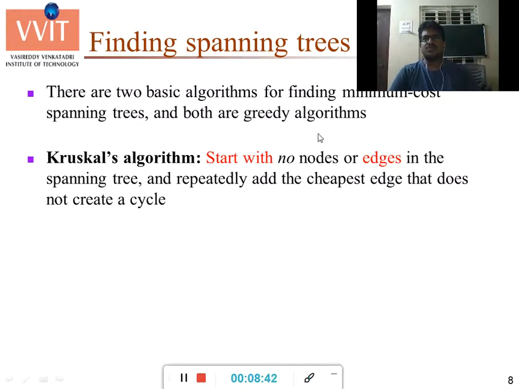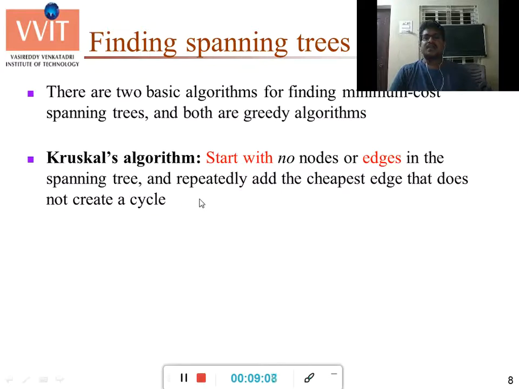That means we will not choose nodes as our starting point. It will start with edges. Whereas Prim's algorithm will start with nodes. So Kruskal's algorithm will not start with nodes. It will start with edges in the spanning tree.